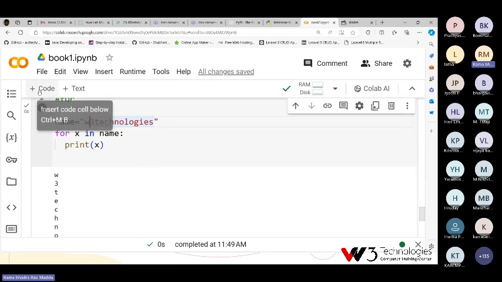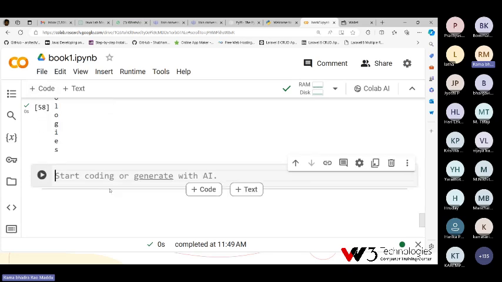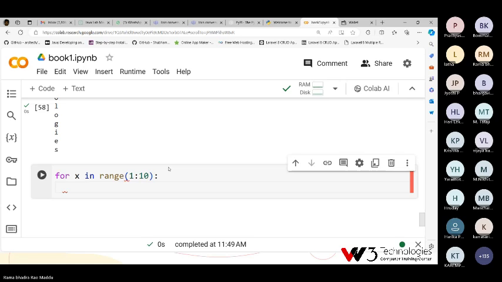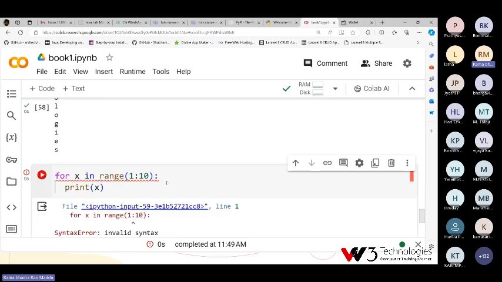If I want to print numbers, for x in range I will use. Range 1 comma 10. Okay, print of x. Sorry, spelling mistake, one minute.